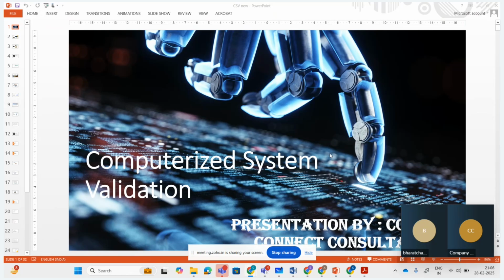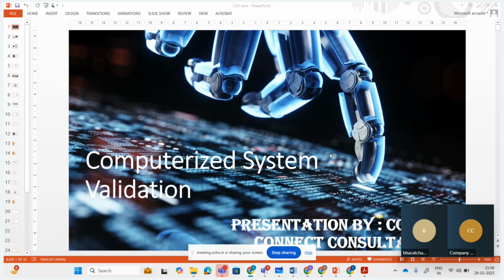If you are in an IT industry and wanted to switch to the pharma industry, you can go with the CSV course. Are you already in pharma and wanted to switch to clinical trial? Yes, CSV is also a bridge for that. So CSV is the common bridge between your pharma industry, your clinical trial industry, your IT industry, your medical device industry, your biopharmaceutical industries. This is the only course by which you can shift to any of these industries. It is up to you which you prefer.